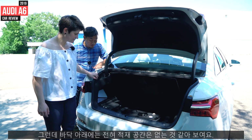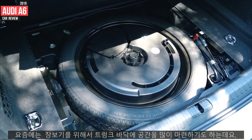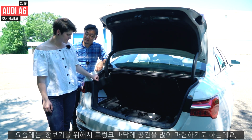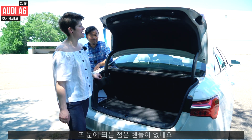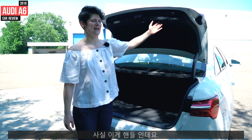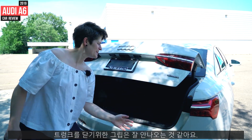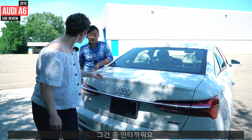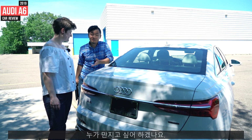Yes. The thing is, there's no space under the floor. Lots of OEMs make some space for groceries, but they have zero. The other thing is there's no handle. This is a handle, but it's hard to get enough grip to get it to close. So it's like you have to touch the outside to get it to close. That's unfortunate because it gets dirty. I know. No one wants to touch the body except me, but...